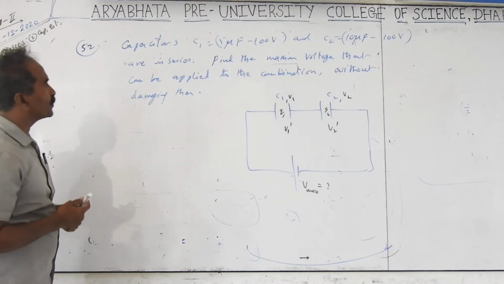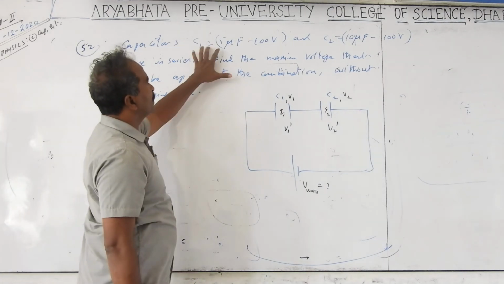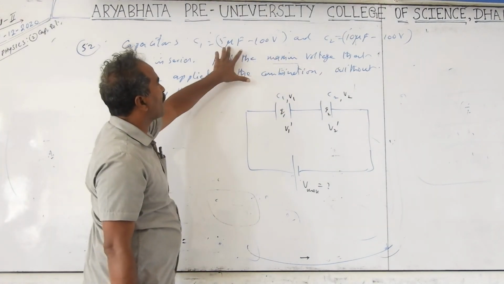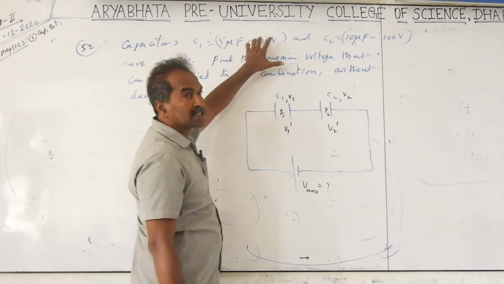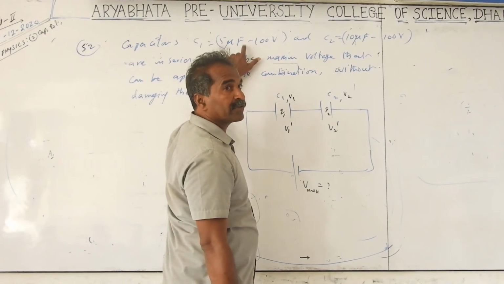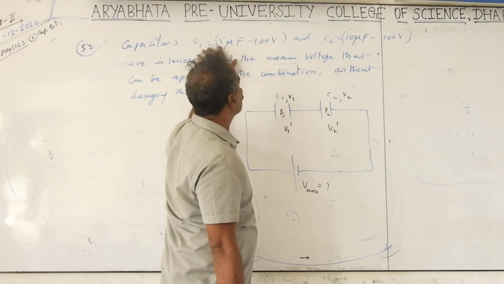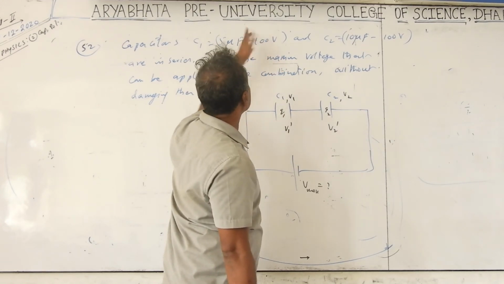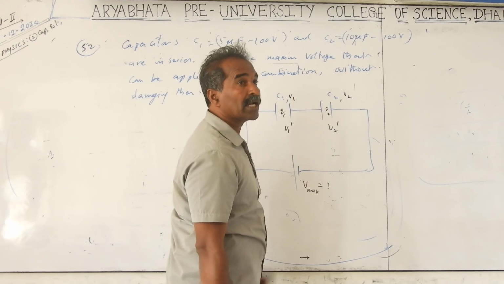Next question number 52. Two capacitors are given, C1 is 5 microfarad, C2 is 10 microfarad. Its maximum voltage for the 5 microfarad is 100 volts. It is a surge voltage, not minus 100. It is data given, or sometimes they give it with a comma also. The maximum voltage, surge voltage, is 100 volts. So excess voltage means capacitor damage, a breakdown of the dielectric.